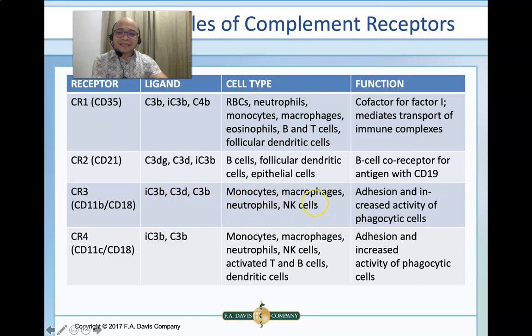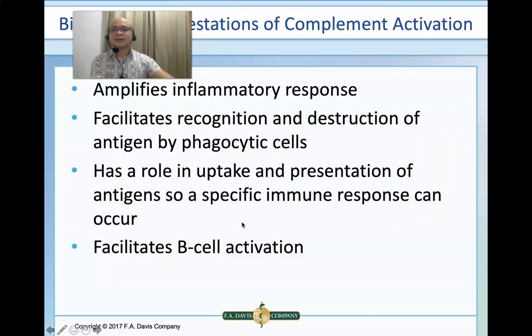So the cell types that would have these receptors are the following, and its function is that it serves as an adhesion and it will increase the phagocytic activity of your phagocytes. And then the CR4, the ligands are iC3b and C3b, and it is found in these cells, and it would have the same function as the CR2. Okay, so moving on,